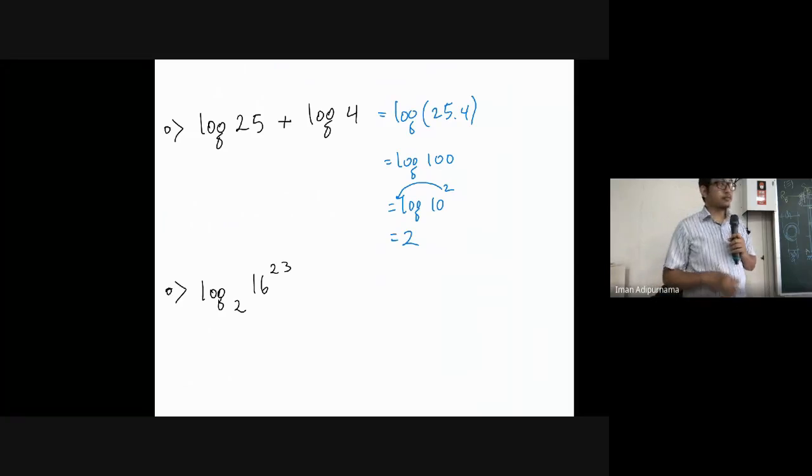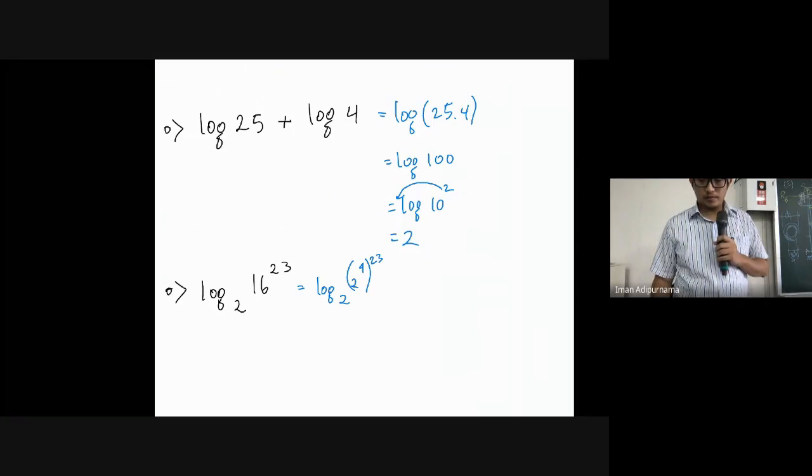And how about this one? Seems intimidating with the 23 at the index power, right? But the idea of solving this is making the base and the results the same number. Okay. So 16 is 2 to the 4, right? And then it's 23. And you can multiply 23 with 4, it's 92. So you can have this is,